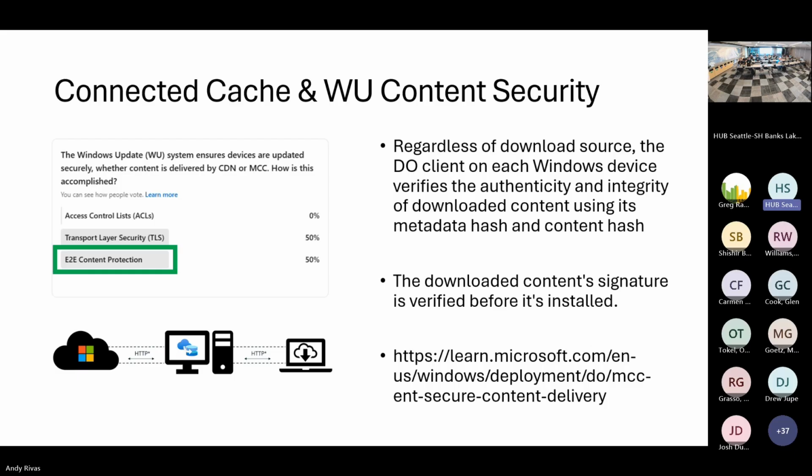So I had asked this poll: the Windows Update system ensures devices are updated securely, whether content is delivered by CDN or MCC. You may be wondering, okay, I have this content that's being cached within my network. How do I ensure that when it's at rest there, it's not going to be tampered with, so that when my devices download and install that content, rather than downloading KB A that's supposed to help me, they download KB X that's going to harm my system? Well,